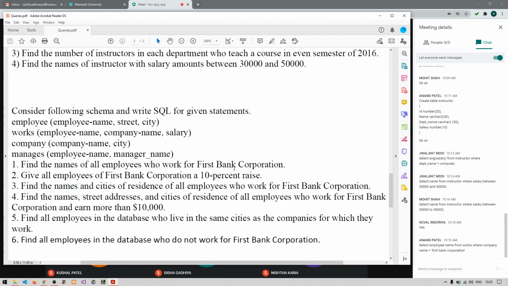Second question: give all the employees of First Bank Corporation a 10% raise in their salaries.